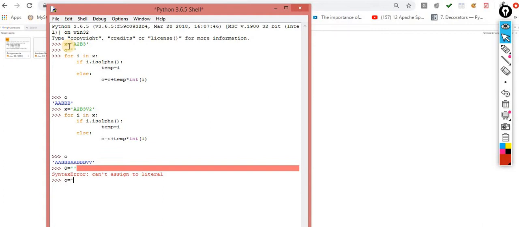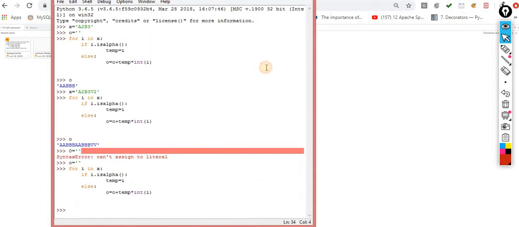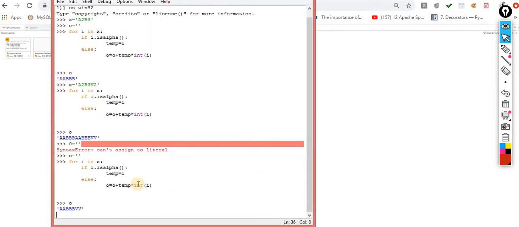Always you have to remove the data from the previous container, then you have to supply the real data. Now my input is A2 B3 V2 and the output is AA BBB VV. This is the way. I think it's very simple code.